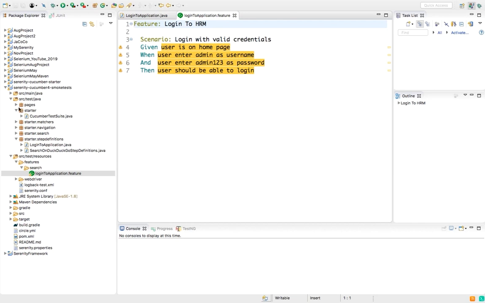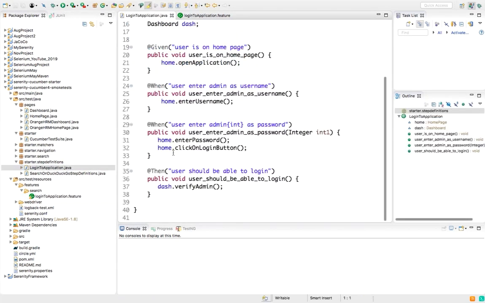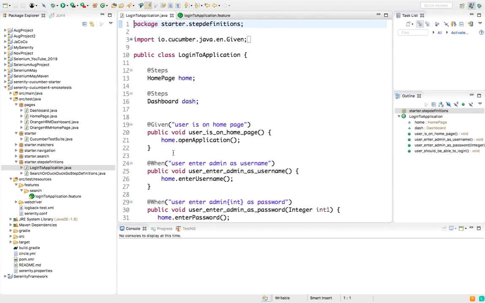In that case, you can create one more page, which is logout page, add locators, and you can extend this step definition with logout step as well. Take this as assignment, because the moment you start writing the assignment, you will get so many questions, doubts that we can discuss either in the comment section or